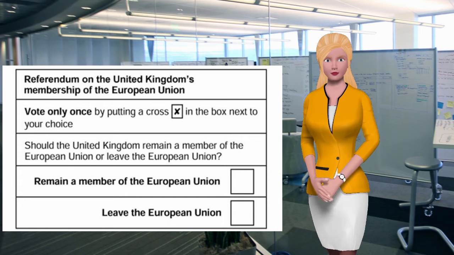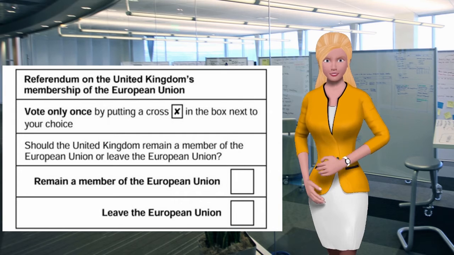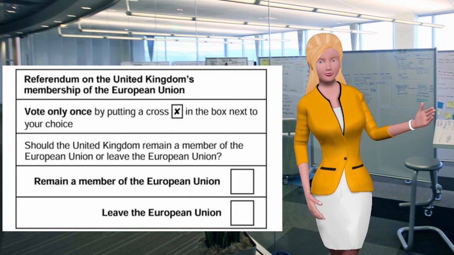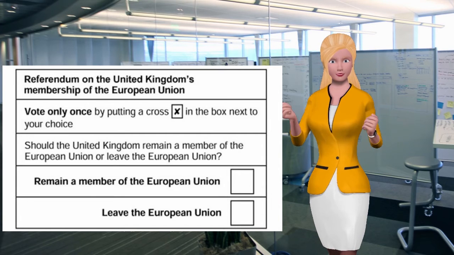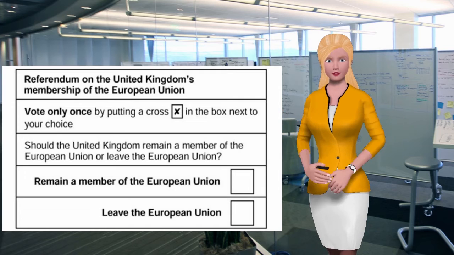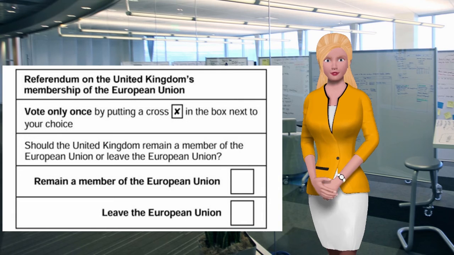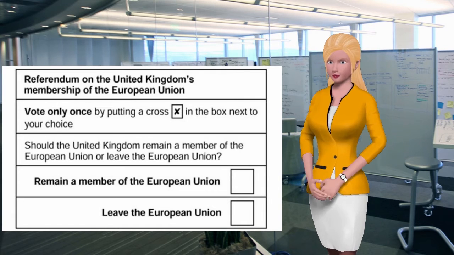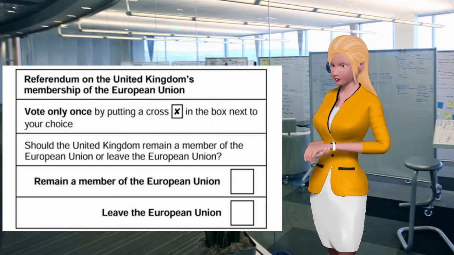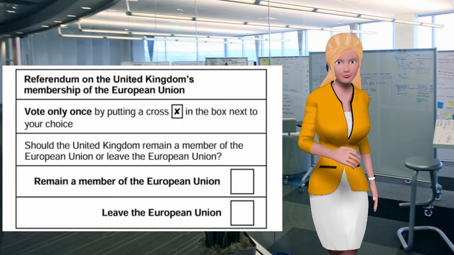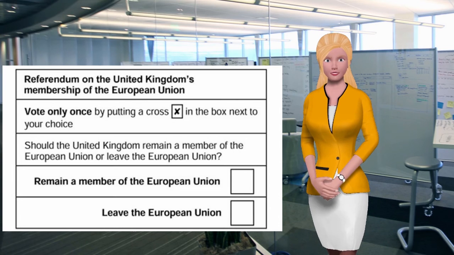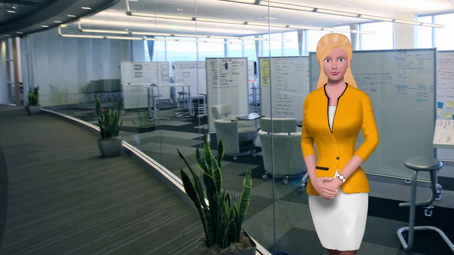Added to the confusion of the use of the word leave is the misunderstanding that when people voted they thought that the ballot paper said leave the European Union with a deal. This can be very simply sorted out for those that are confused. If you look at the ballot paper again, it stated leave the European Union. There are 4 words used. Even if you stare at the ballot paper for several hours, the words do not change, they remain the same. Leave the European Union. We hope this helps some people who are confused.